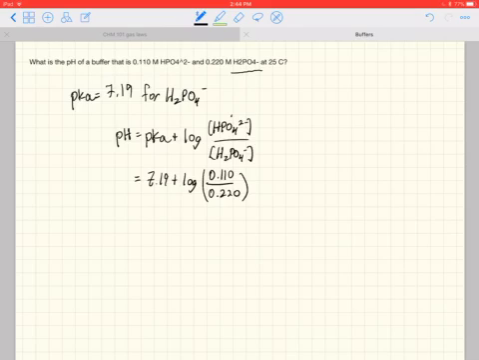Okay. And I get a negative 0.3 for that term, plus 7.19, and I get a value of 6.89. Okay, so that's a typical buffer